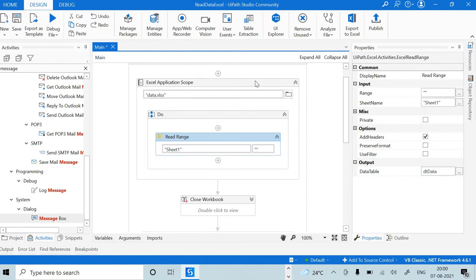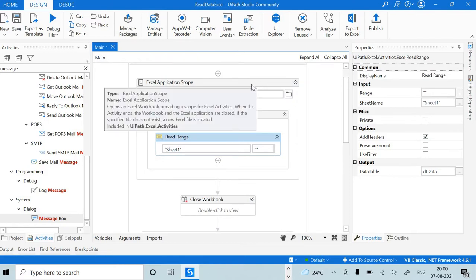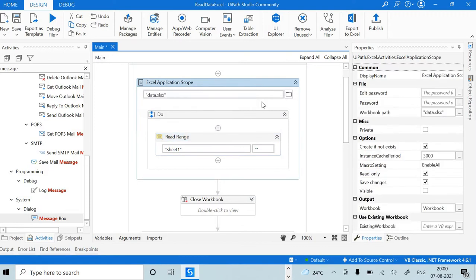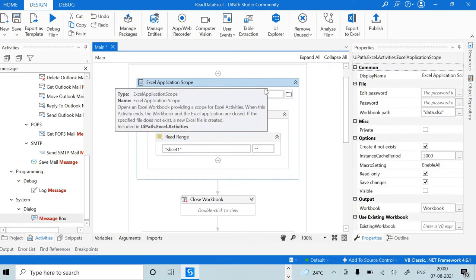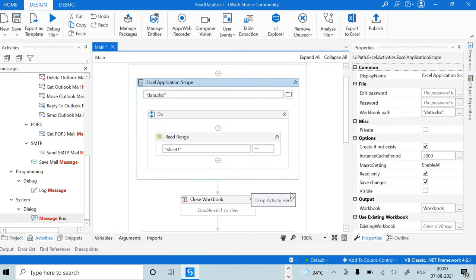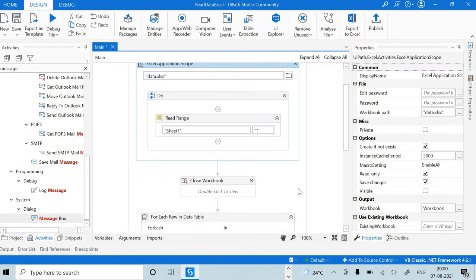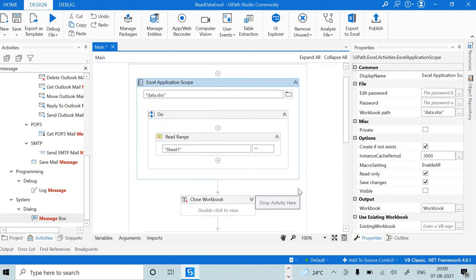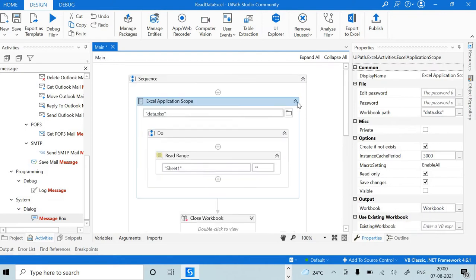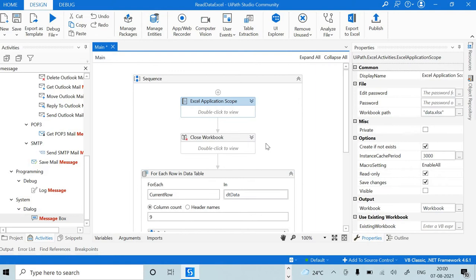Okay, so whenever we use an Excel application scope, we need to make sure that we close the Excel file in the background. So this is one of the best practices in UiPath itself. If I click over here, you can see the output. It's a workbook variable name that I generated. Okay, and let me minimize it. You can see